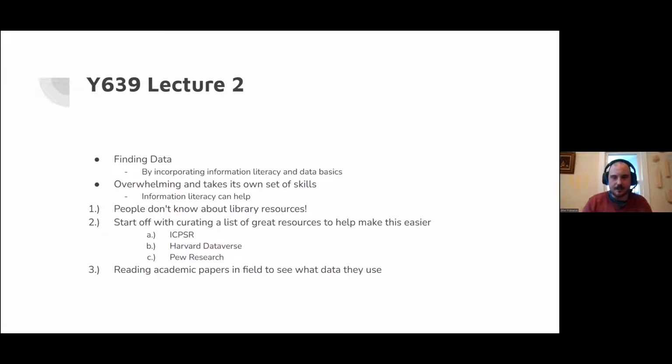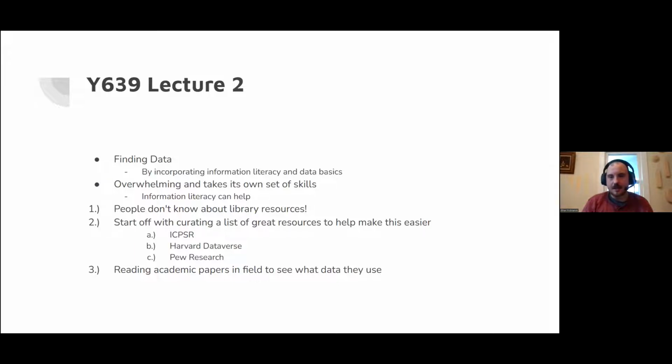And talking in Julie's class, I find that a lot of students and faculty don't know about the library. So I'm talking just a little bit about some good places to go for data when you don't know. Maybe a patron comes to you asking for help with this and you don't really know where to start. A lot of people don't know about library resources, like the databases we subscribe to. I've only been in libraries for a year now, but I still find that I'm learning about all the resources we offer every day.